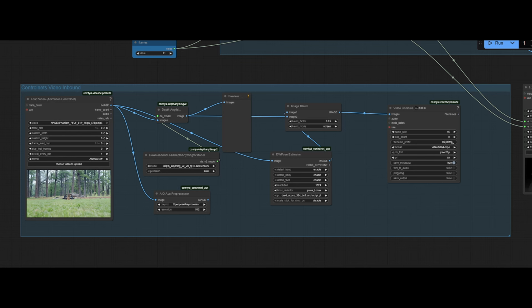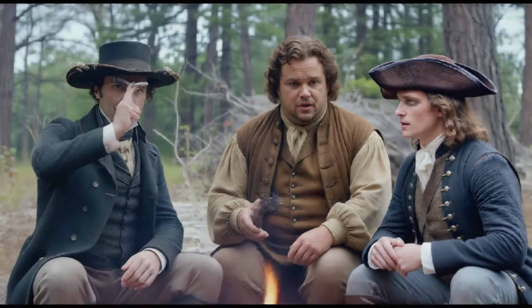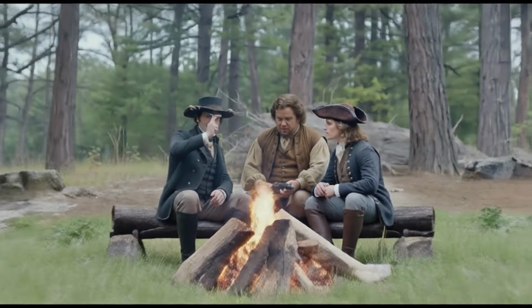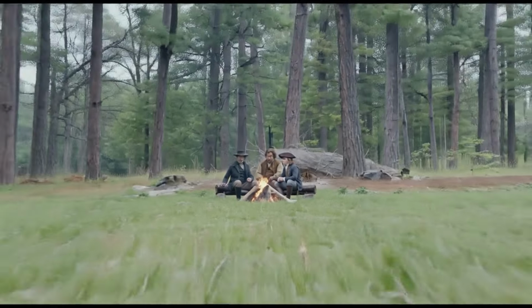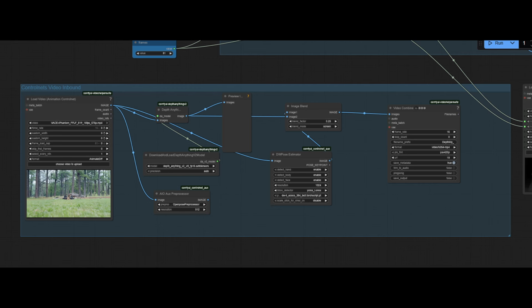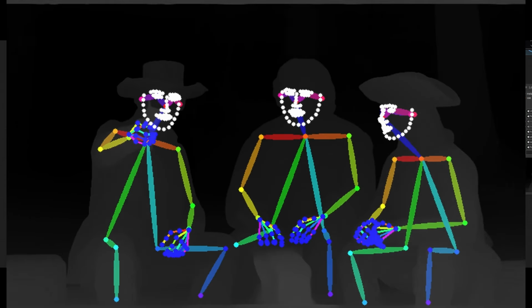Now let's talk about how I get that animation in the first place, and why. So you can see the last frame of a previous animation I made using Phantom that is about to be converted to a depth map and an open pose, and then I blend those two control nets together at 0.25 strength using the Screen method, and the result I save out and then load back in on the next run to drive the FFLF workflow.